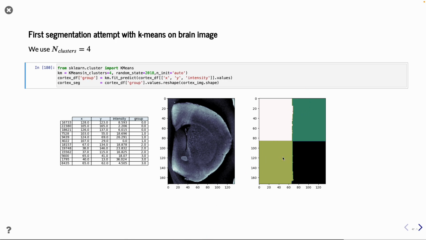Not very convincing. So what happened here is, if you look at the data vectors, you can see that the coordinates have a much wider value span than the intensity, and that gives the coordinates much higher dominance in the finding of the clusters. So what we need to do